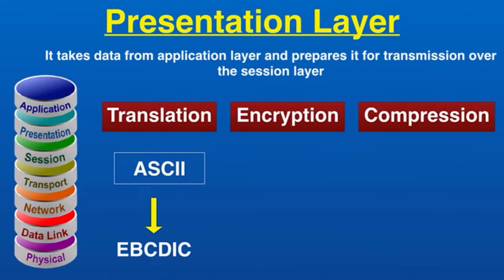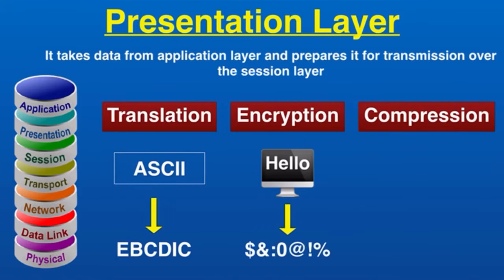If devices are communicating over an encrypted connection, Layer 6 is responsible for adding encryption on the sender's device as well as decryption on the receiver's device so that it can present understandable data to the application layer. Finally, it is responsible for compressing data it receives from the application layer before delivering it to the session layer. This helps to improve the speed and efficiency of communication by minimizing the amount of data that will be transferred.